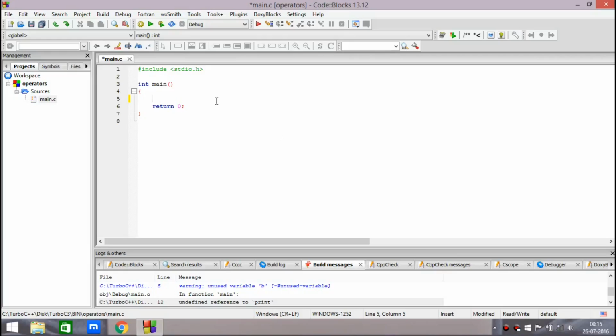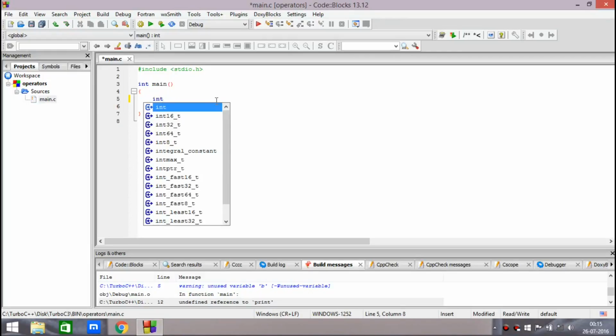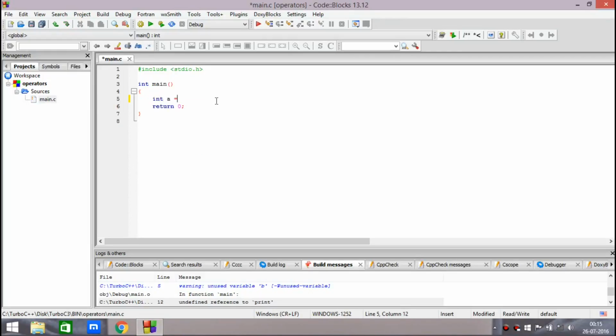Now let's do other operators like the equals to, not equals to, and, or, and not. For that, let's first declare two integers and initialize them as 1 and 0. Now if